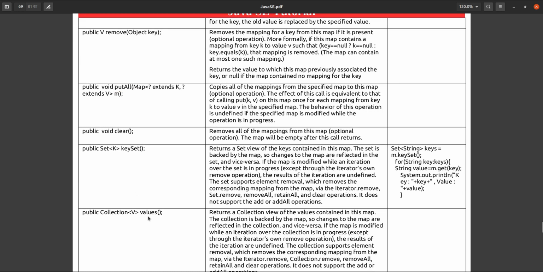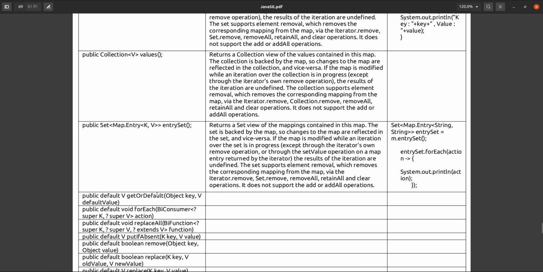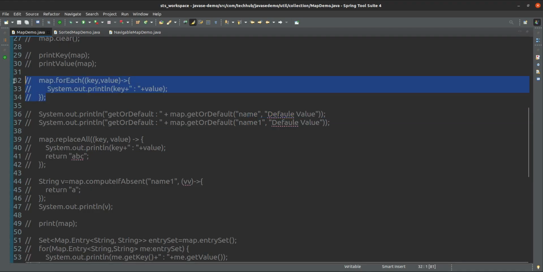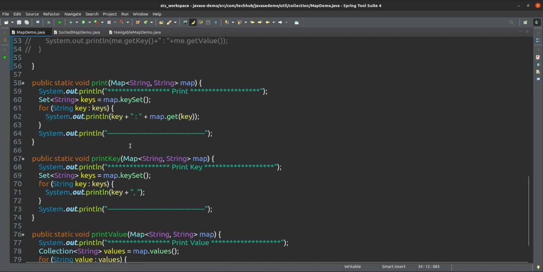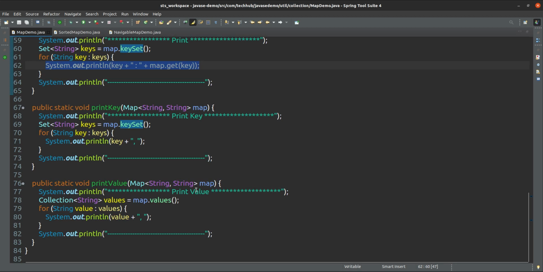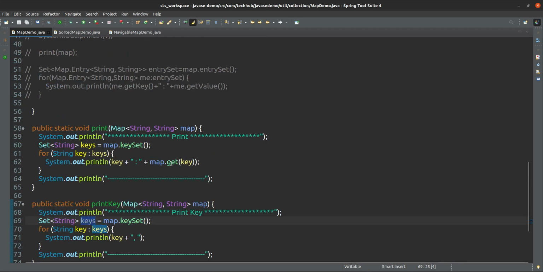Okay, clear. We have seen keySet, values, entrySet, getOrDefault, forEach. So this is forEach. You can iterate in this way also. We have seen so many ways to iterate: first we can get the keys, and using that keys we can print key and map value.